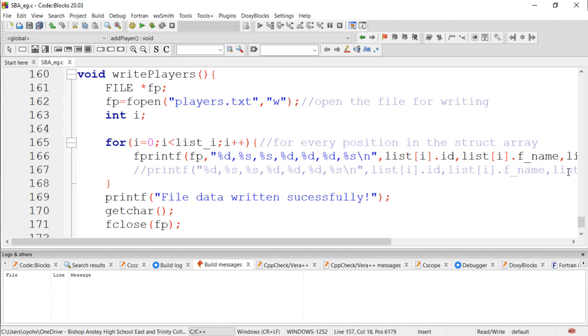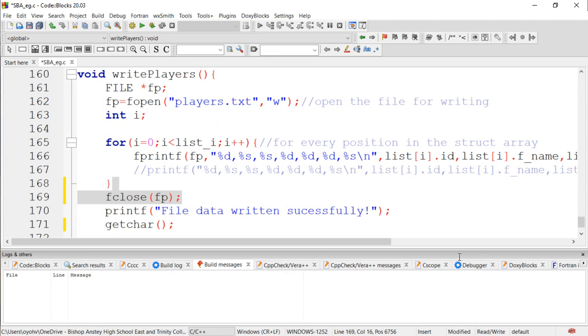And then we close the file. Okay? I think I might close the file before I put printf here, because only after you do your fclose is when your file data was written successfully. Right? It's a very minor thing because